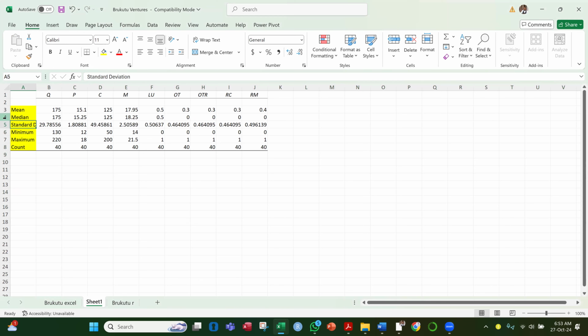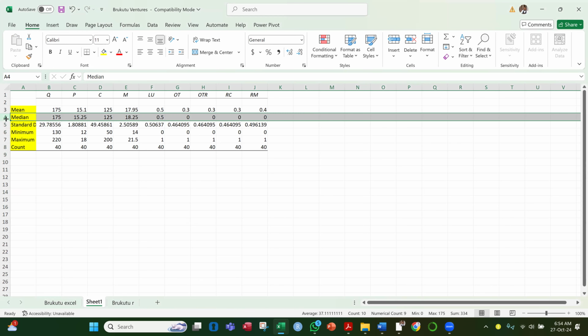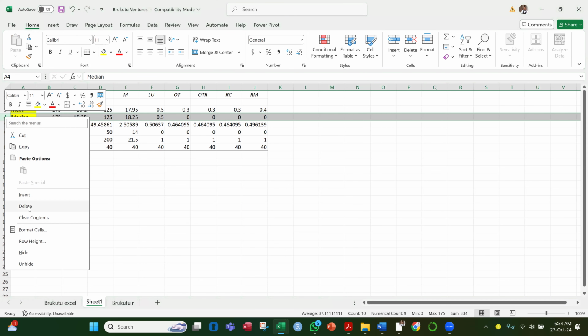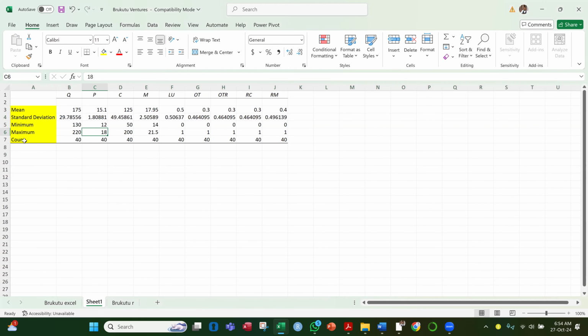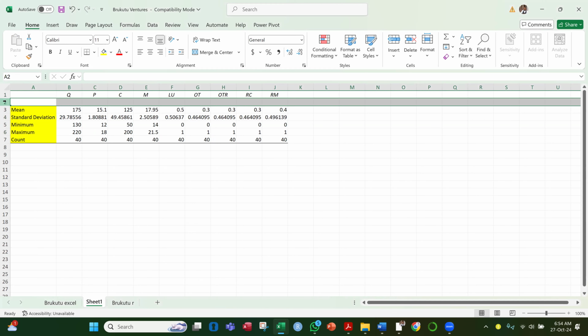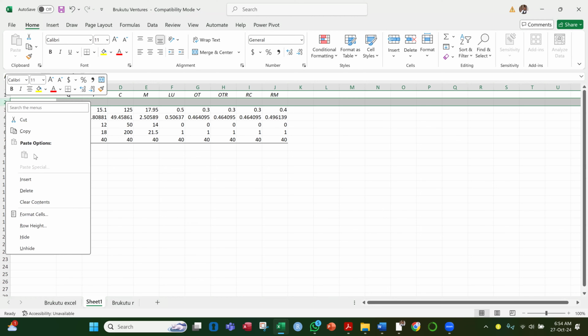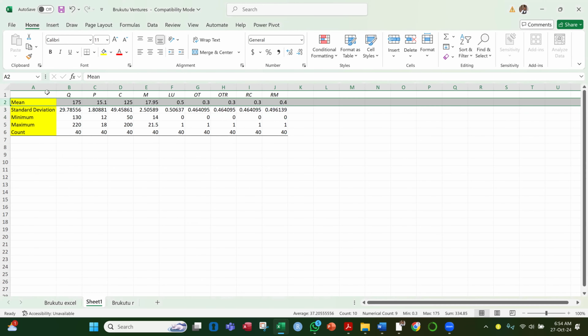Okay. The median is usually used when you have efficiency scores. If you don't have efficiency scores, you don't need the median. So I'm just assuming that we don't need the median now, so I delete the median as well. Okay. And then I will now pick on this. Okay. I'll now take this data